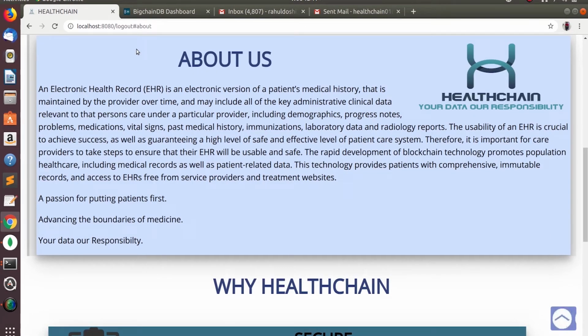As the name suggests, it is a healthcare application and the chain stands for the blockchain technology which we have used for security purpose. HealthChain acts as a digital bridge for patients and doctors. It is a patient-centric application where patients can store their medical records digitally and can access it anywhere, anytime. They can also transfer the records to the doctors to take their prescription and can also revoke the access of their records. The main problem HealthChain is trying to solve is giving patient control over their own medical record. Now let me show you the application.